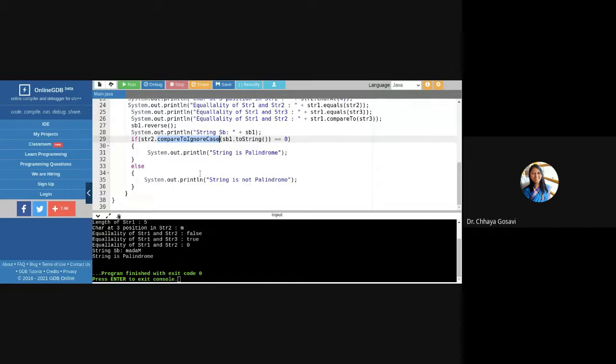But note that we have to compare two strings from the same class, either from the String class or the StringBuffer class. Here sb1 is a StringBuffer object and str2 is a String object. That's why we need a toString function, which will convert StringBuffer to String, and then we can use compareTo. If it returns 0, that means the string is a palindrome, otherwise the string is not a palindrome.